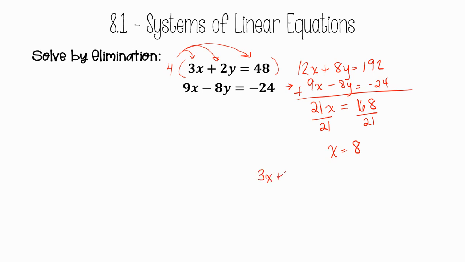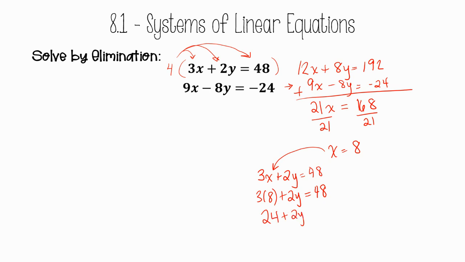Something that I find is helpful for a lot of students is to rewrite it as to not confuse. A lot of times I'll see students write 3x and then minus 8y equals 48, just working too quickly, and we'll plug that 8 back in. So we have 3 times 8 plus 2y equals 48. 8 times 3 is 24